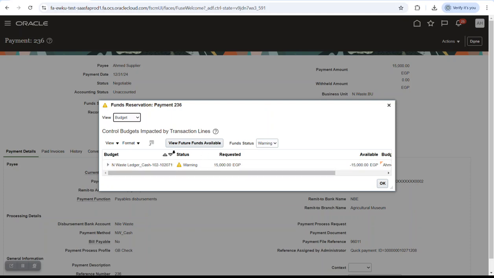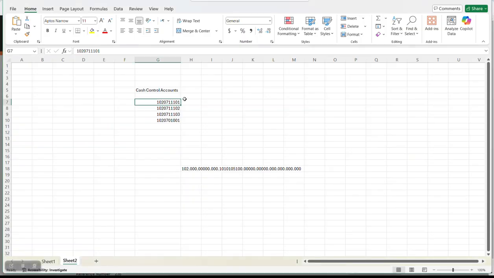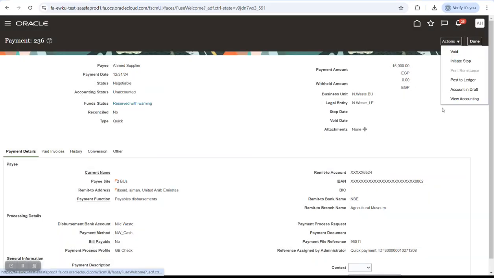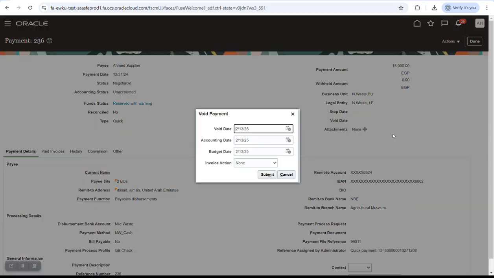Requested is, let me open. If you check here, this is not our bank account, because here there is no 201, so no problem. I will void it, and again I will,